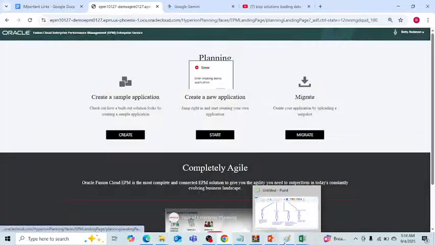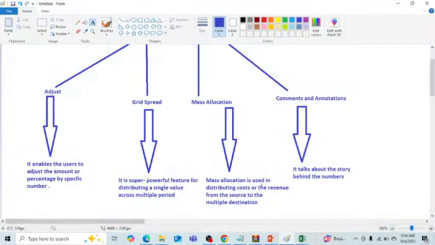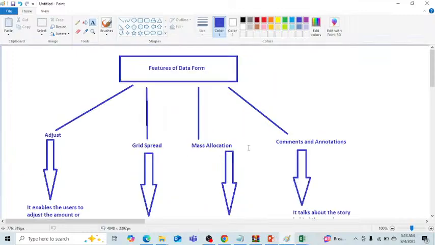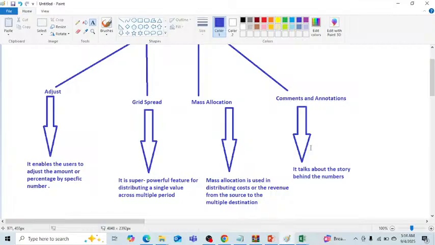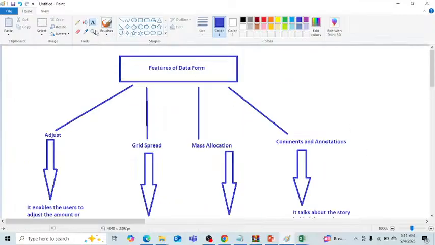Okay, we can understand the things on the paint, and if it will work, we will see the changes on the practical instance. As we have discussed the different comments and annotation as well as the features that we have, the next feature we have under the data form